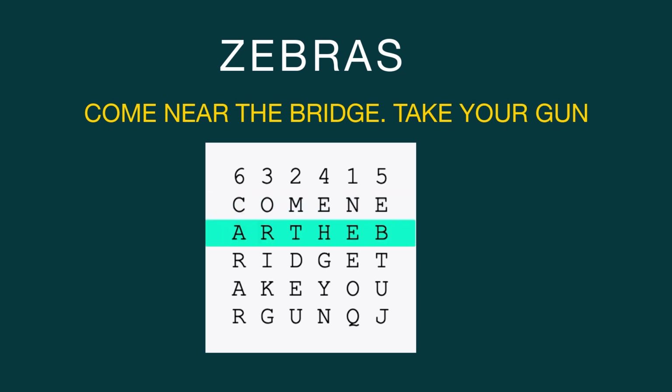COMENE. In the next row, ARTHEB. Next row, RIDGET. And the next row, AKEYOU. And the final row would be RGUN and QJ, providing two nulls, Q and J. These letters can be randomly selected as they just fill out the incomplete columns and are not part of the